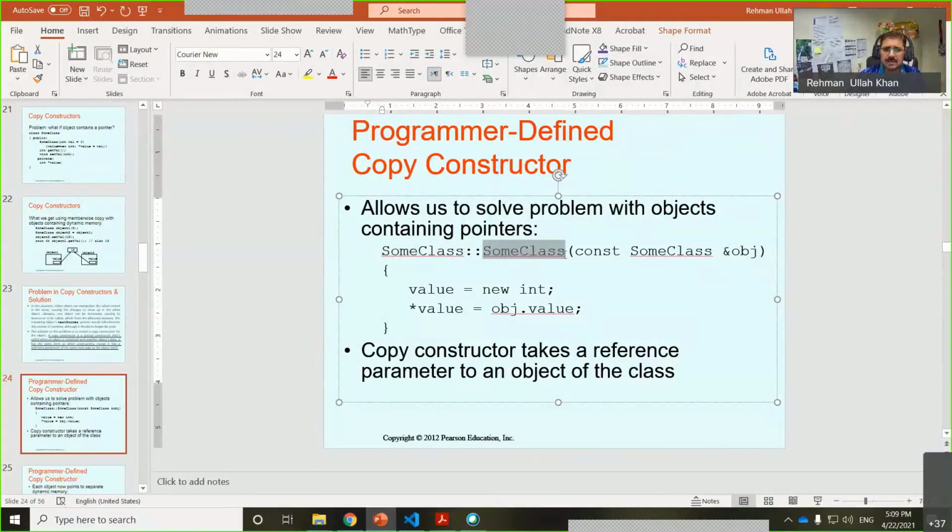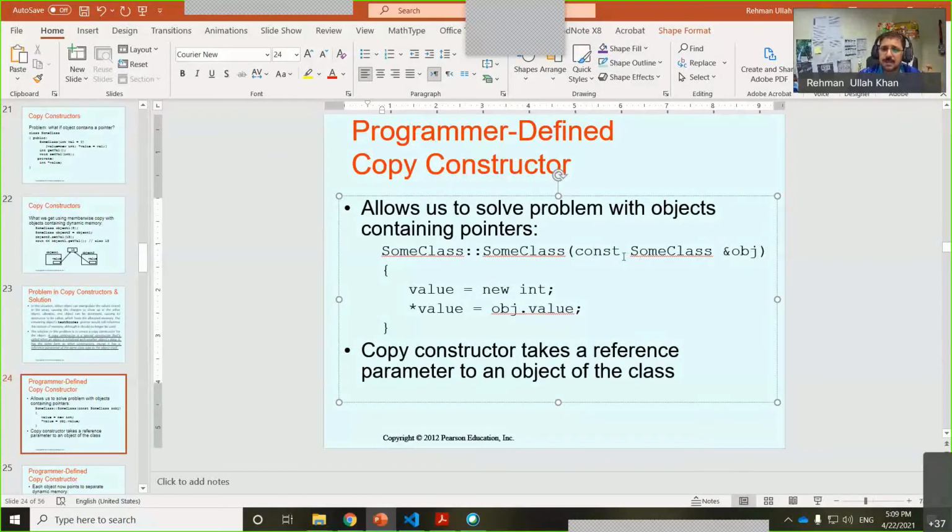You see, its name is the same as the class because it is a constructor, but this is a compulsory component: you must provide one argument, a reference to an object of the same class. I'm repeating again.